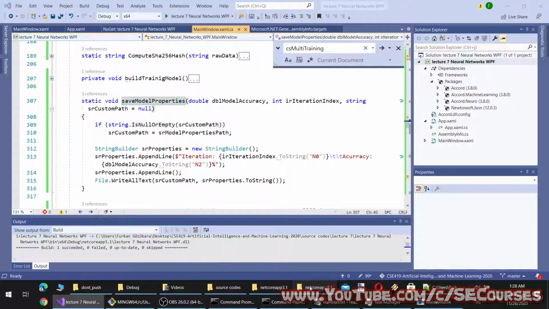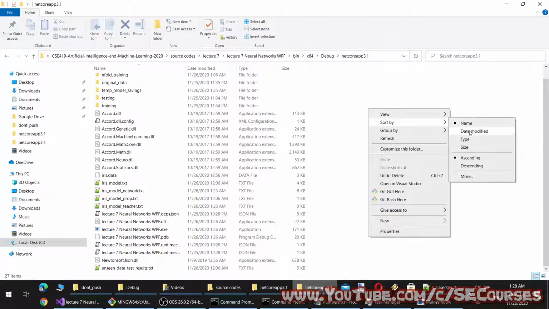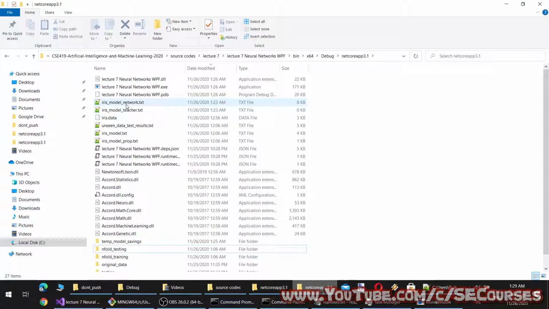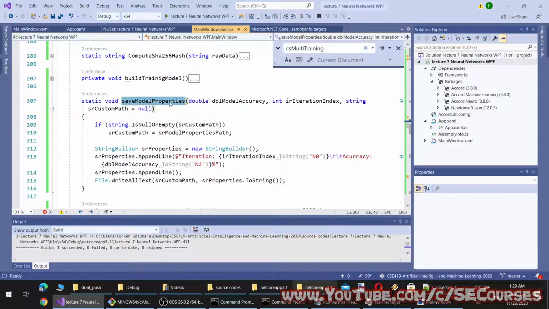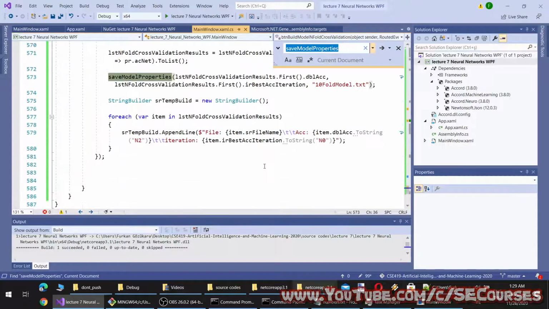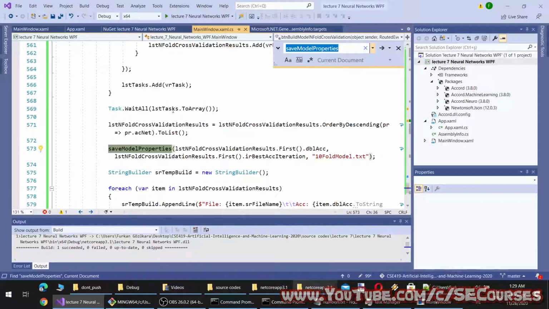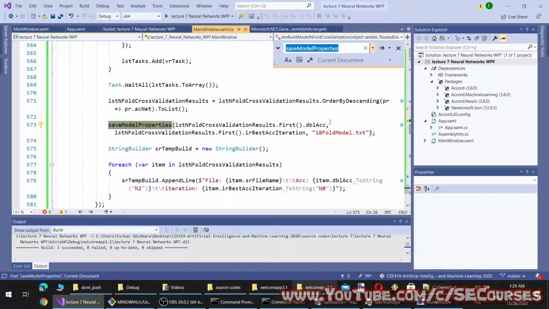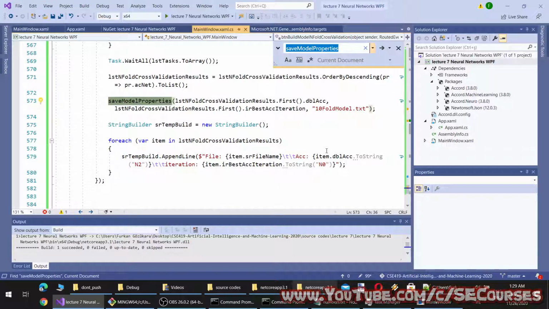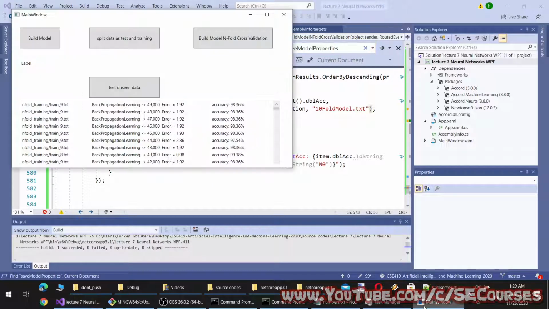Maybe let's sort by date modified. This is interesting. So it has run until here.